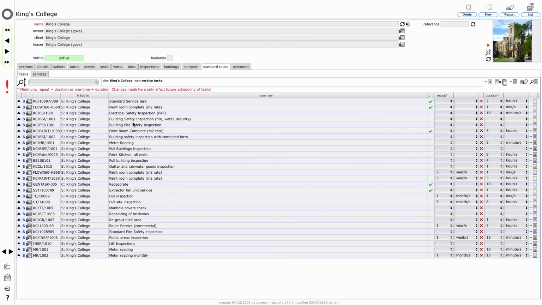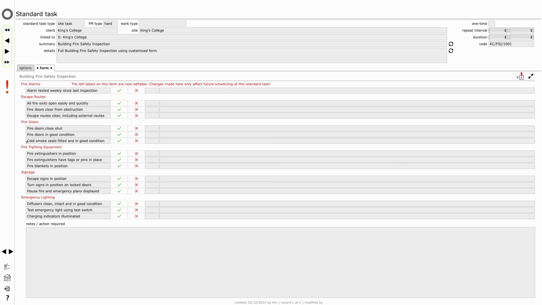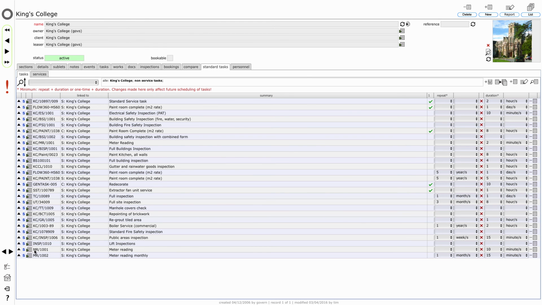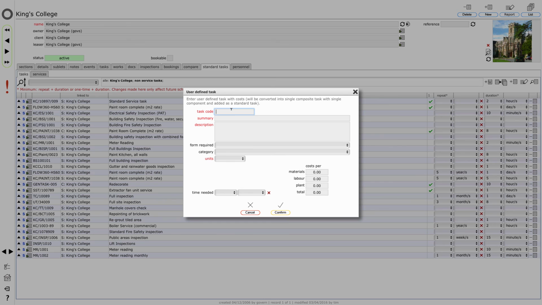The same thing happens for the building safety inspection form that we've already looked at. The fire safety inspection form is literally just the fire-related part of the combined building safety inspection form, and there's also a separate one for water testing. So let's just have a look at adding that one in, and we're just going to give it a code,